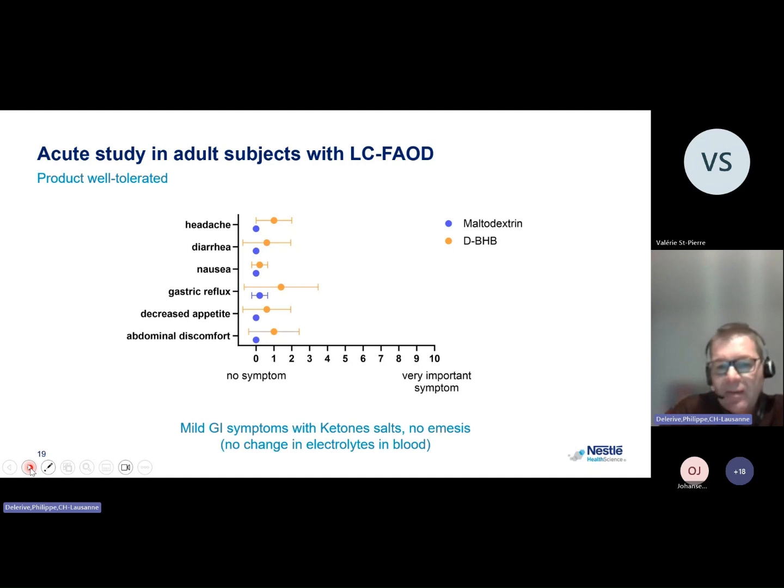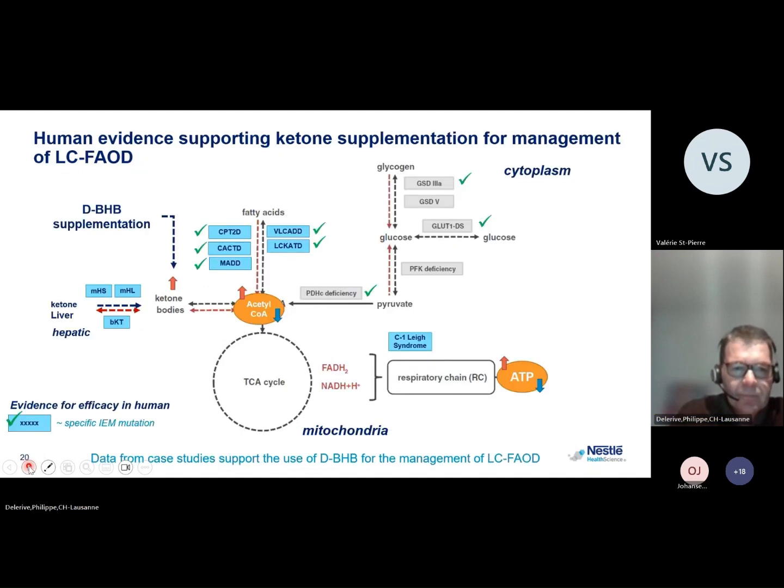We didn't see any change in electrolytes in blood despite the increase in calcium, sodium, and magnesium, suggesting that after acute administration, the safety and tolerability profile was good. So beyond this acute dosing, we have also accumulated a large number of data supporting the chronic use of BHB for